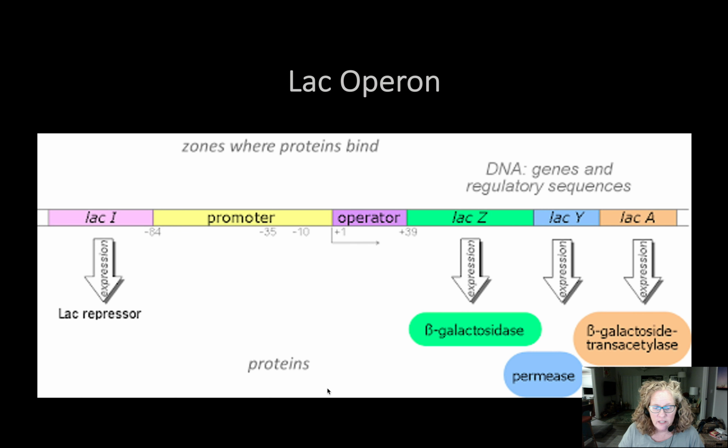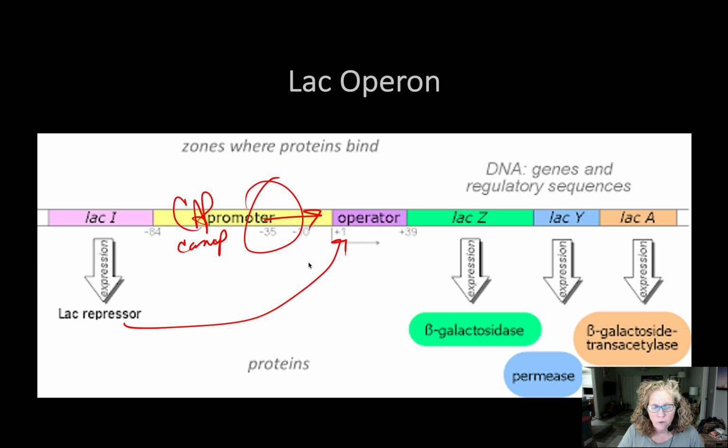So again, here is that Lac Operon. We're going to have our repressor bind to the operator. The promoter is going to need the CAP with cyclic AMP attached to it, RNA polymerase to be activated in order to move forward. It's only going to transcribe these genes if the repressor is gone, lactose is present, and cyclic AMP levels are high,